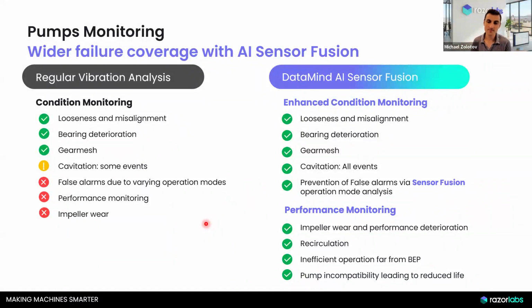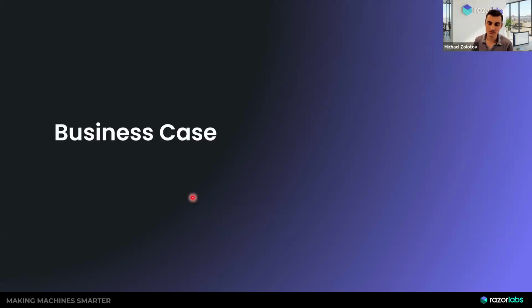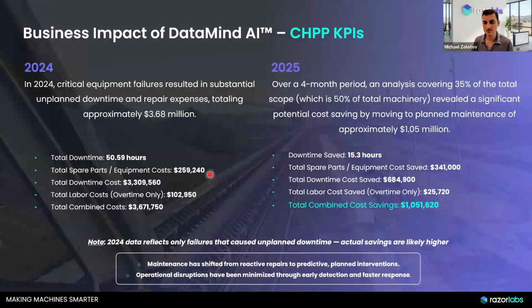Now, we've seen here some use cases, and I want to speak about the business case and how this actually translates into tangible, obviously not only operational, but also financial impacts. And we're speaking in this webinar about coal. So I've taken one of the CHPPs that we're monitoring, and in this